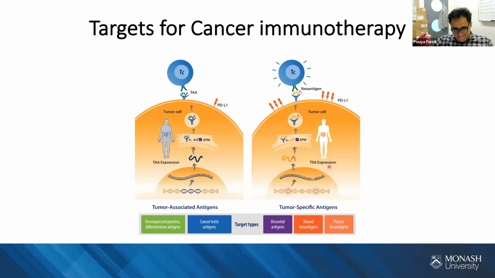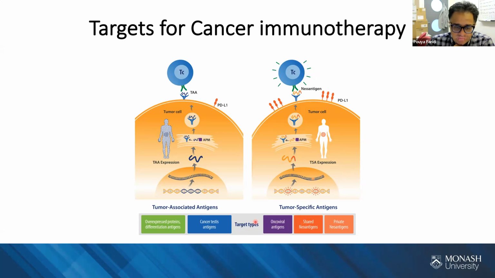So why is it important in cancer? As I said, almost all the proteins that we have inside the cell go through this antigen processing and presentation pathway. So if we have proteins that are unique to cancer and they go through this process, and peptides from those proteins come to the cell surface, it means that we have some signals on the cell surface that the immune system can recognize. In that case, we have some targets for cancer immunotherapy.